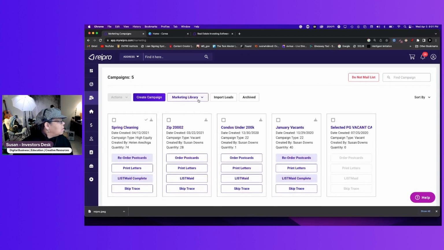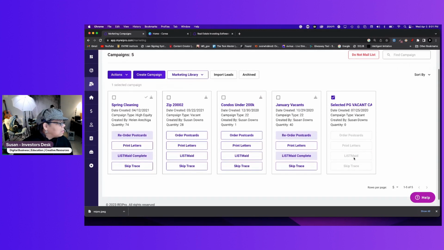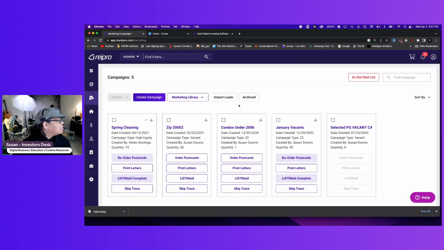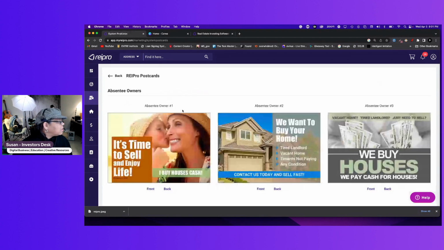Now, before we go down here and order any postcards, as you can see, I've so far had maybe 5 campaigns running. Over here, I could click on that and nothing is up. Maybe there's nothing in there. Yeah, I think I emptied that campaign. So let's go to our marketing library real quick and take a look at the fun stuff, which are